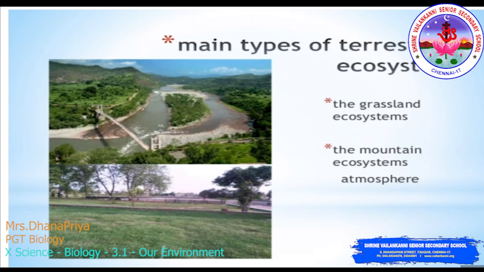So how do humans affect the terrestrial ecosystem? Human activities are significantly and rapidly altering the form and function of terrestrial ecosystems. For example, we are changing the chemical composition of the atmosphere, converting natural landscape to urban areas, and transporting floral and faunal species far beyond their natural boundaries. So in this way, humans affect terrestrial ecosystems.